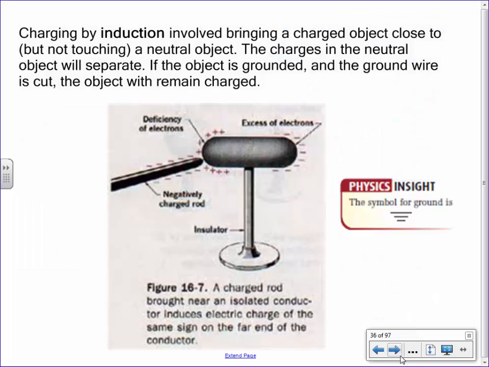What I've got next here is a whole bunch of pictures. Oh, here I finally have the word induction written down here. I thought I did. Here's the word induction. And again, I want to show you the same concept here on the slide, then we'll move on. The way induction works, bring this negatively charged object close, but do not touch. All of the electrons are going to go way over here, because electrons hate being by other electrons. All of the positive charge will build up over here, and you'll have a separation